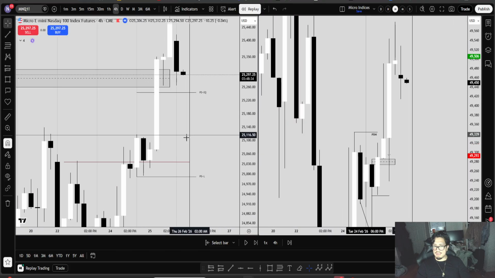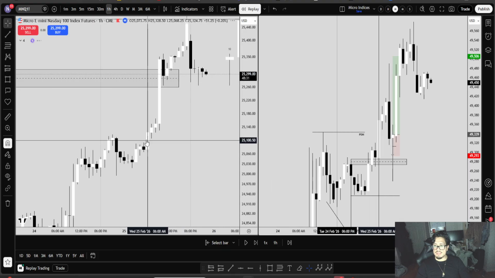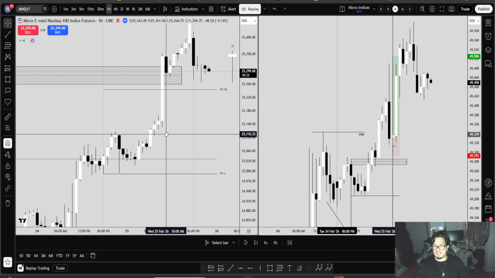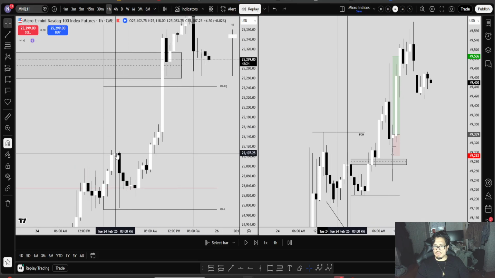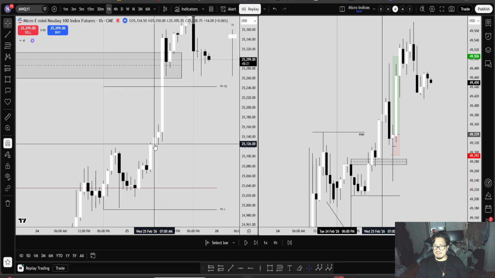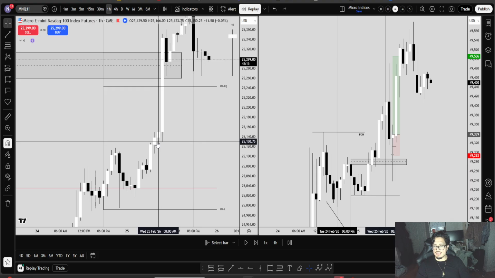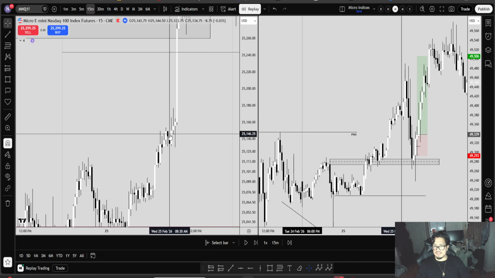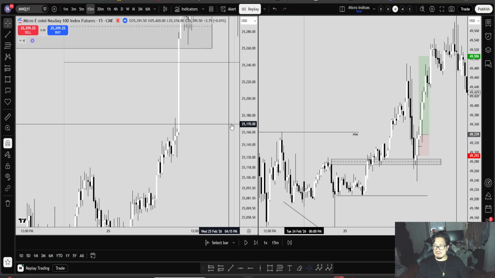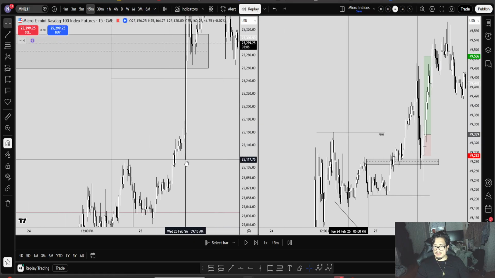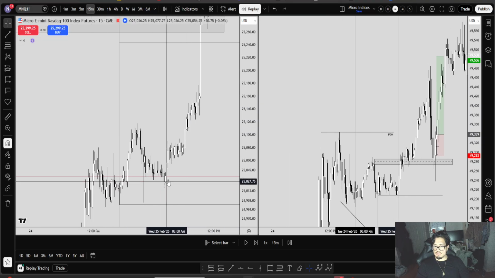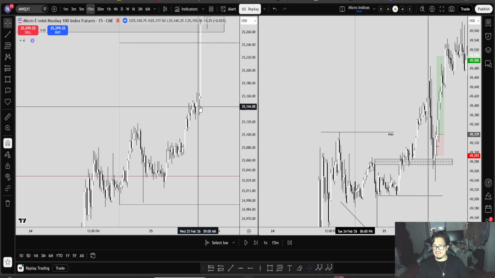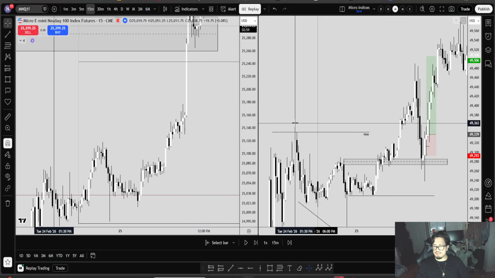We kept going higher here, right? Same thing with this. Before this expansion, I did not like this, right? There was nothing to trade with it, right? Again, we had this nice change in the state of delivery. Clearly, you could have traded this, but this was at 6 a.m. and I'm not looking at the charts during that time. At 8 o'clock, there would have been a different story probably. Again, this would have been a good entry on the 15-minute, right? But again, I personally didn't really like it, just because we kept expanding, consolidating, right? I wanted to see some type of manipulation.